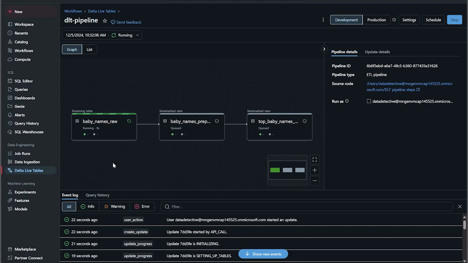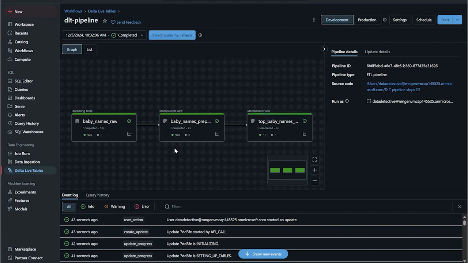So right now it's loading the data into the streaming table, right? Then it's going to create these materialized views. So it's going step by step in the process. Now keep in mind that the pipeline may not execute in the exact order that you've defined in your statements in the pipeline steps, because it's just declarative. We're just defining them in the notebook. The way the engine works is it knows how to properly execute this. So just keep in mind that it may not execute everything in order as you have listed there.